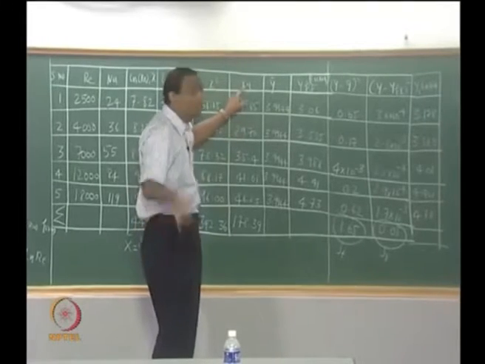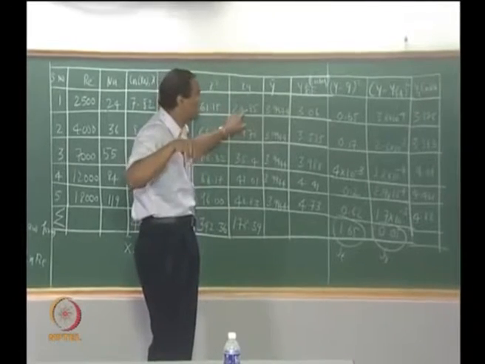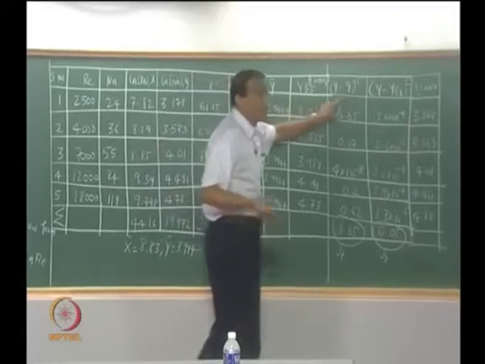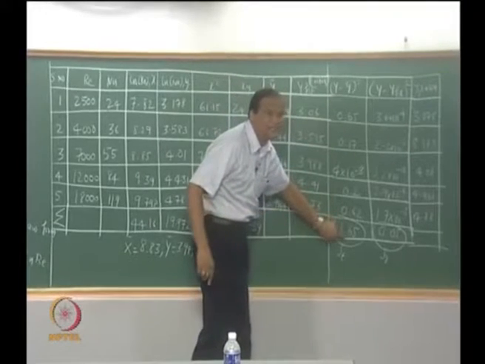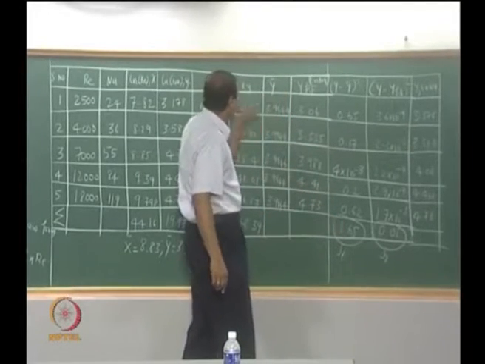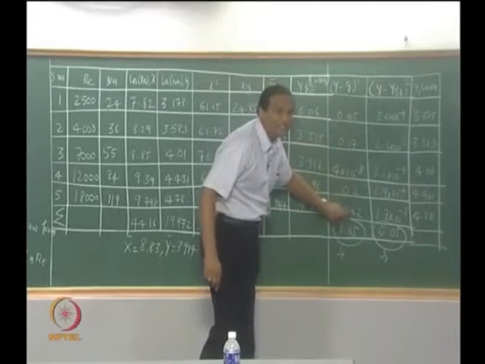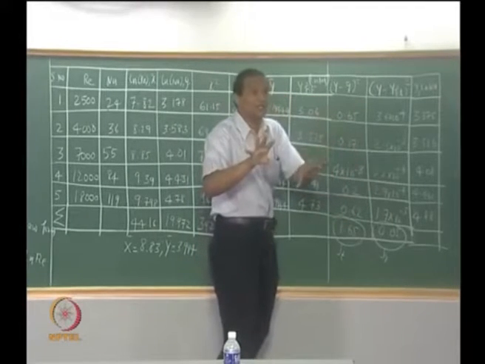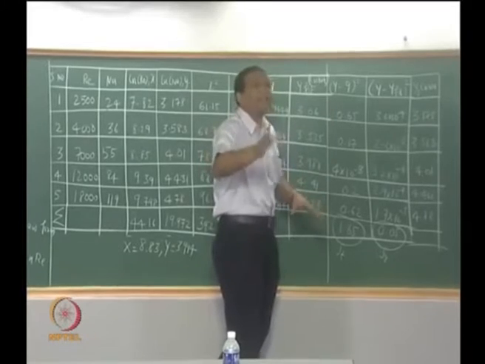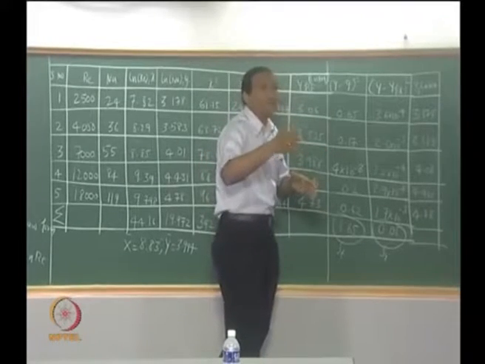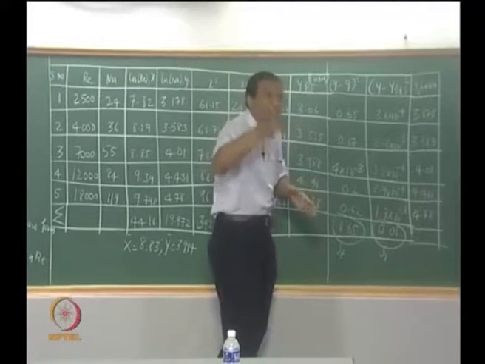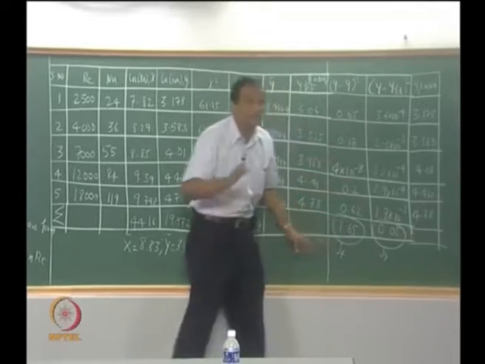You say that if I say that the mean is like this, the mean is expected to have a variance which is like this. Every data point will have y minus y bar which is like this. Therefore the total residuals which is given by the difference between the log of the Nusselt number minus the log of the Nusselt number average, if you sum all that, it will come to 1.65.